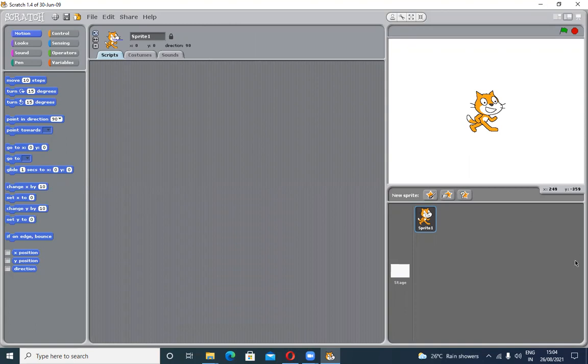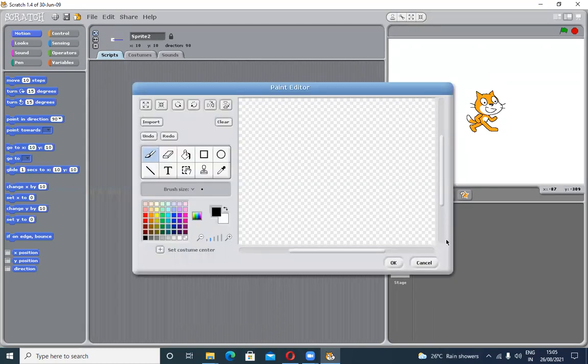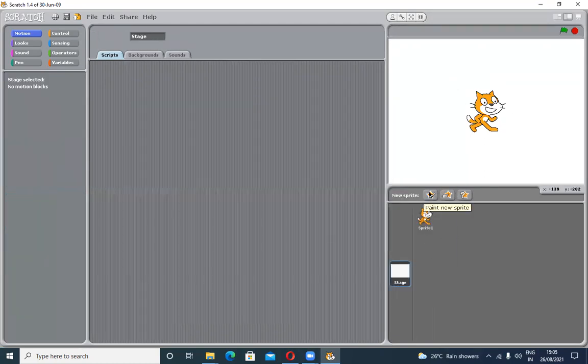So today we are doing how we work with the sprite, how we save a sprite, how we open an already saved sprite, and how we share the sprite. Okay, so one by one I'm telling you. Firstly, here when I'm clicking there, this is the new sprite, the paint new sprite. Even in the previous week when I sent the video, we did the practical of how we paint a new sprite.